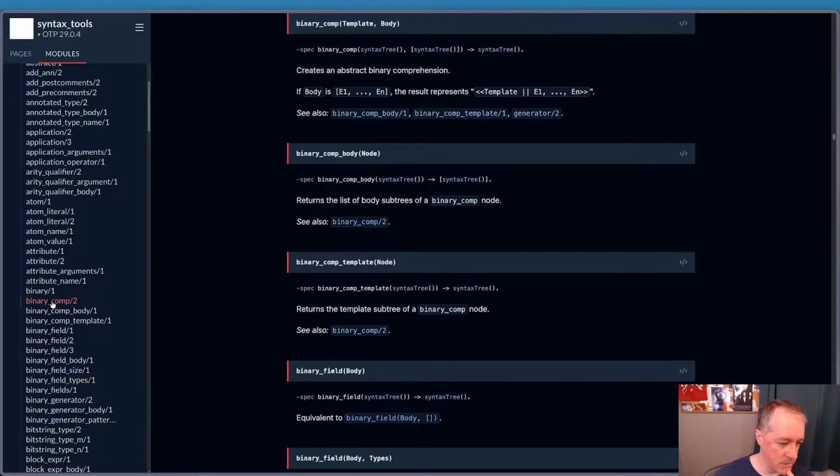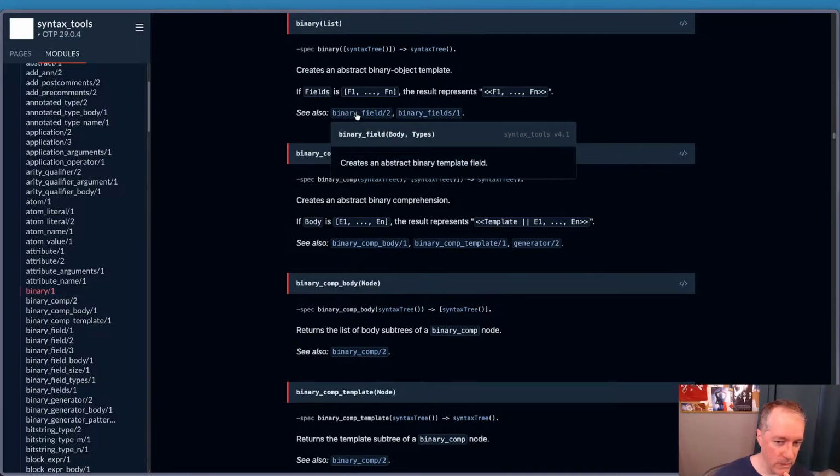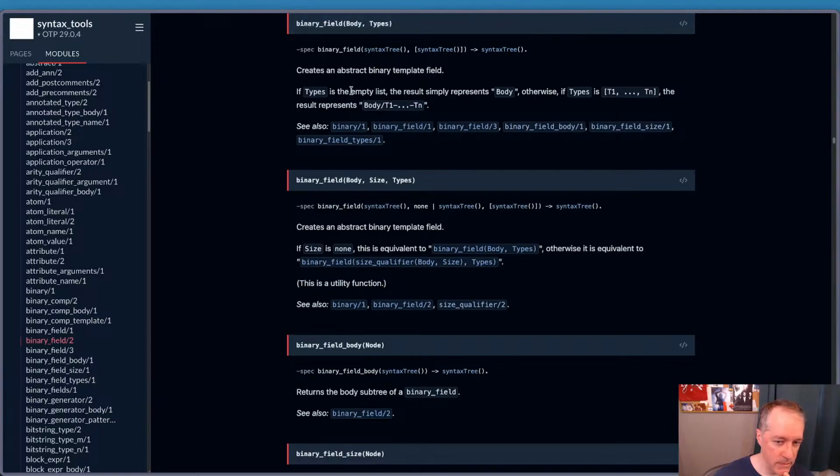That's comprehension. We don't need that. Right, so binary field. Types is the empty list, or okay, if types is a list. Okay, so these need to be